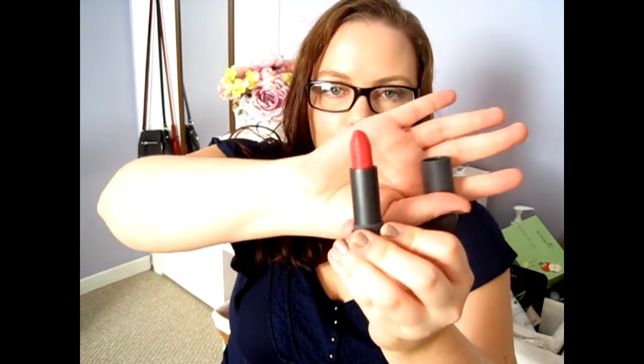My last makeup favorite is also a Sephora purchase. Yeah, I know. What are you gonna do? This is a Bite Beauty lipstick from their Luminous Creme lipstick line and is in the shade Rosé, which is this beautiful corally pink color. I'm wearing it today on my lips. I like how these are very moisturizing and comfortable to wear,